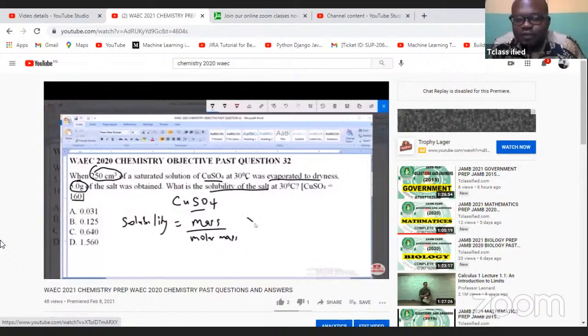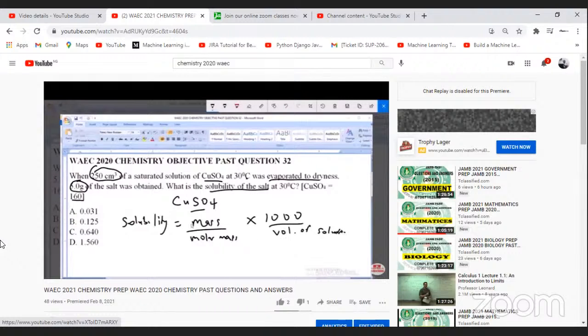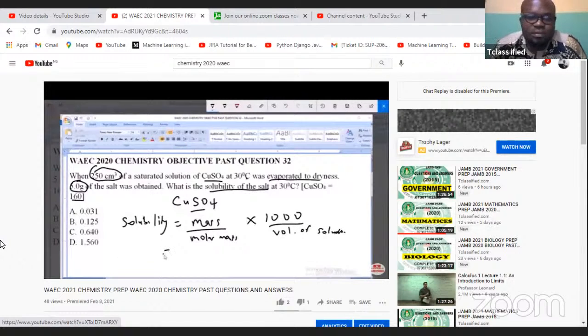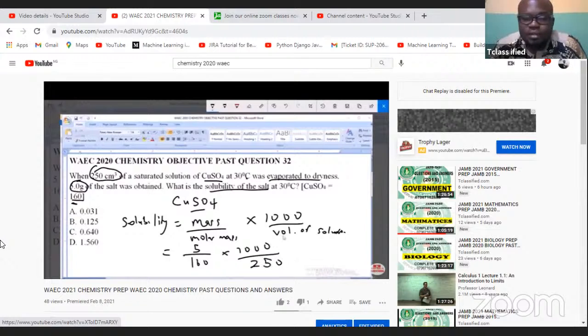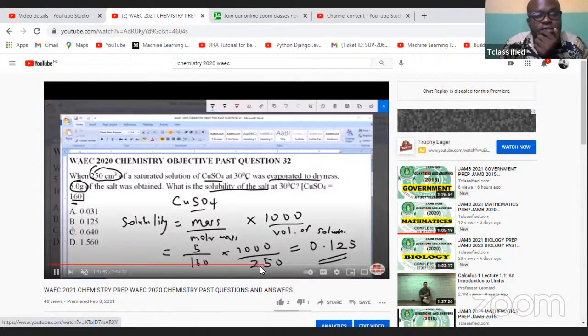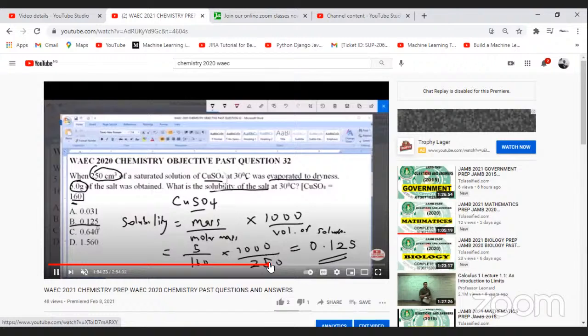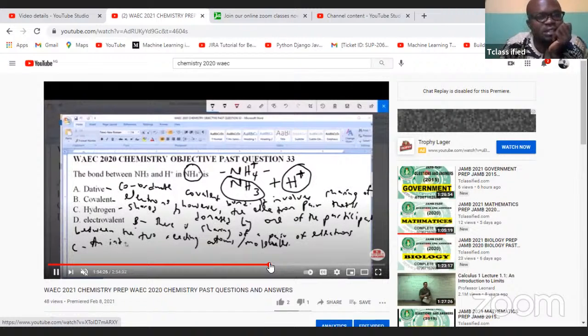So in this one, you simply use the formula mass over molar mass times 1000 over volume, Abi. Yeah, I got 0.125. Was that what you got? 0.125. What did you get as well? 0.125 mole per dm cube. Okay, 0.125. So this one is pretty straightforward. Abi? Yes, sir. Okay. So let's check out Number